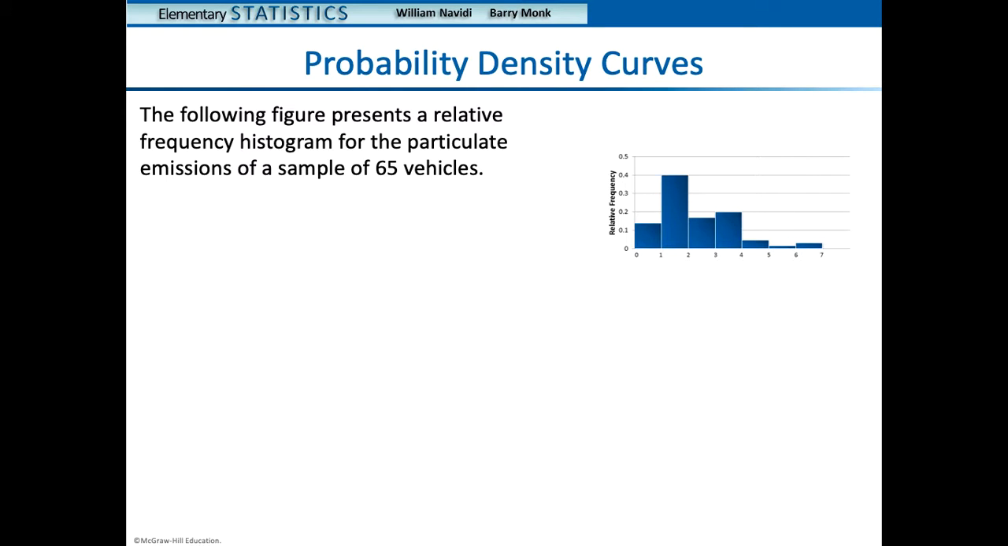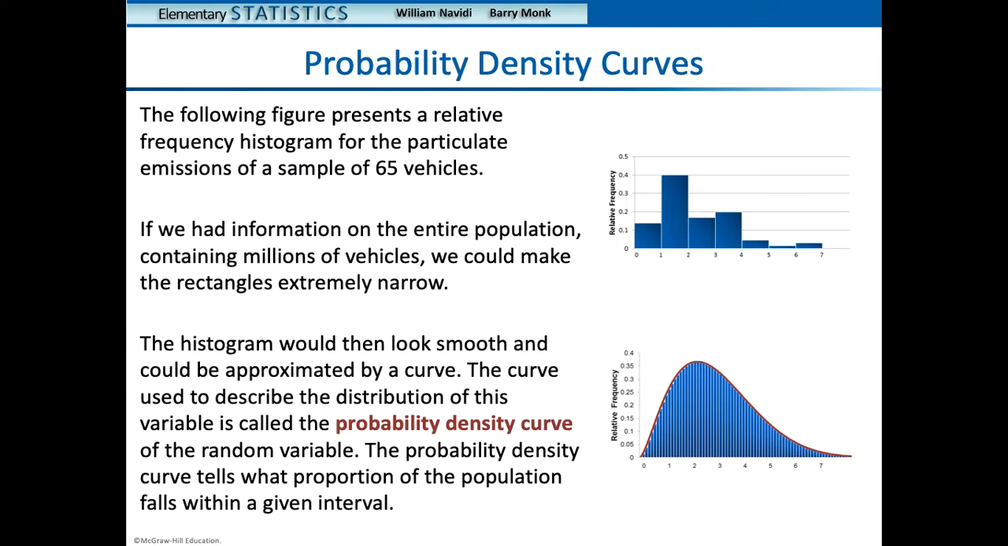So the figure here presents a relative frequency histogram for the particulate emissions of a sample of 65 vehicles. And again, I encourage you to go back and review the notes from section 2.2 to see the example where this histogram was constructed. Now, let's assume that maybe we had information not just on the 65 vehicles, but we